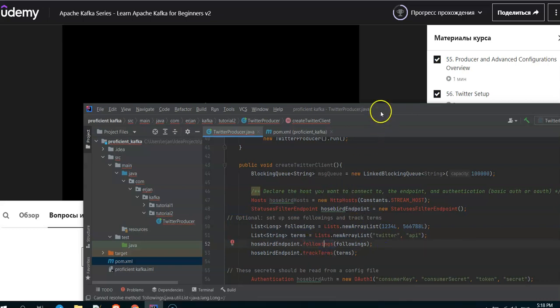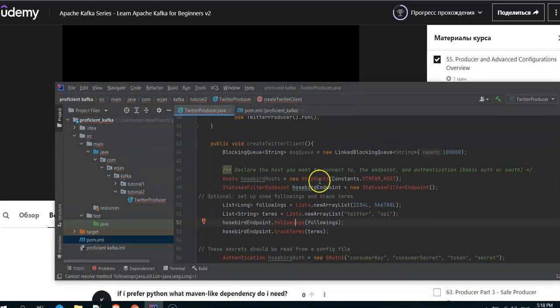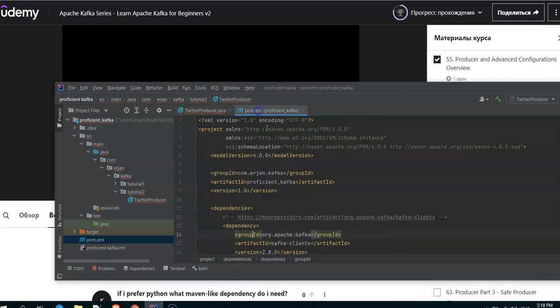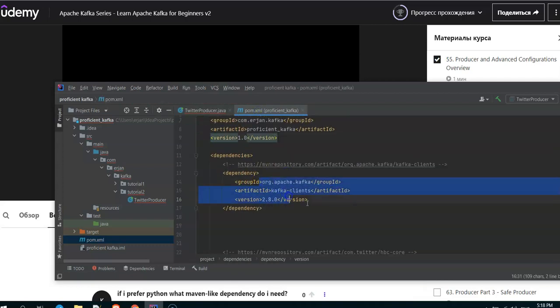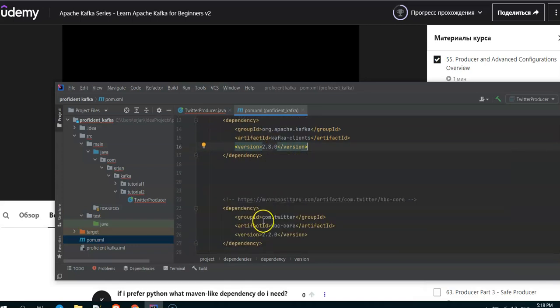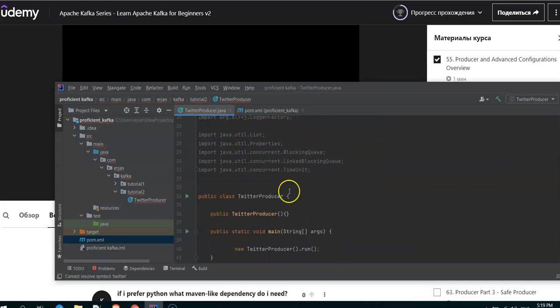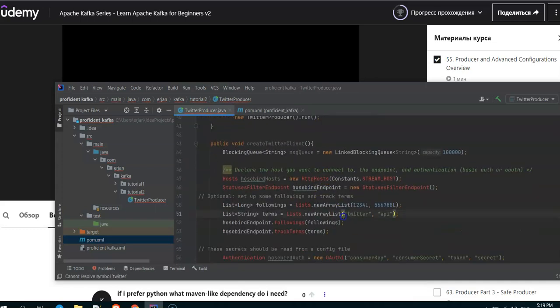As you can see in my IntelliJ IDE, I cannot really import all of these things. They're not recognized, even though I have all of these dependencies. I have my Maven dependency. I followed every single instruction, yet it's still not recognized. These libraries don't recognize it, so this lecture is not really usable. I cannot really follow along. I cannot code along, and honestly, I'm kind of disappointed.